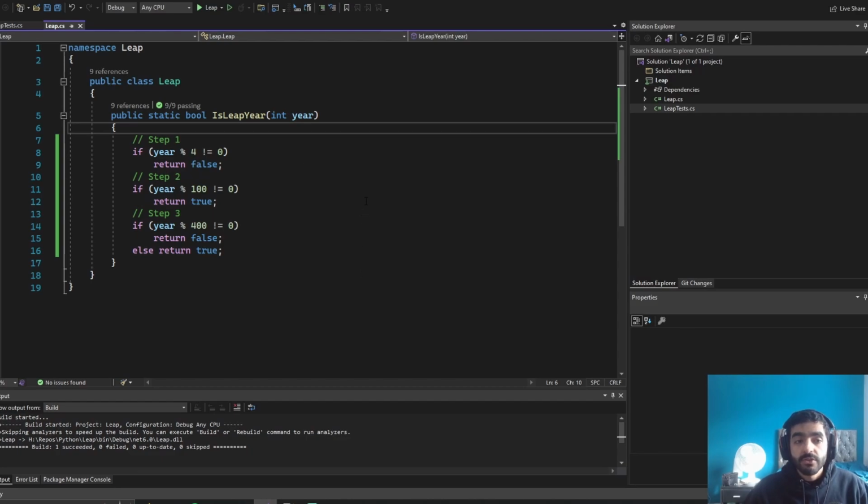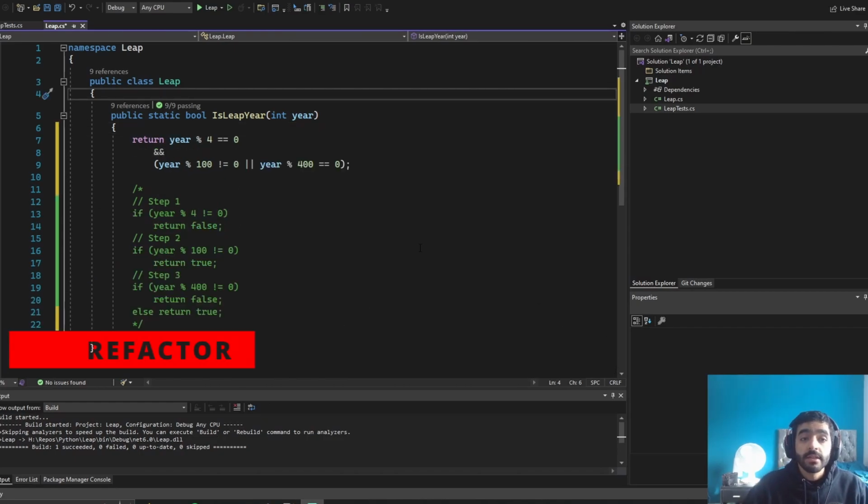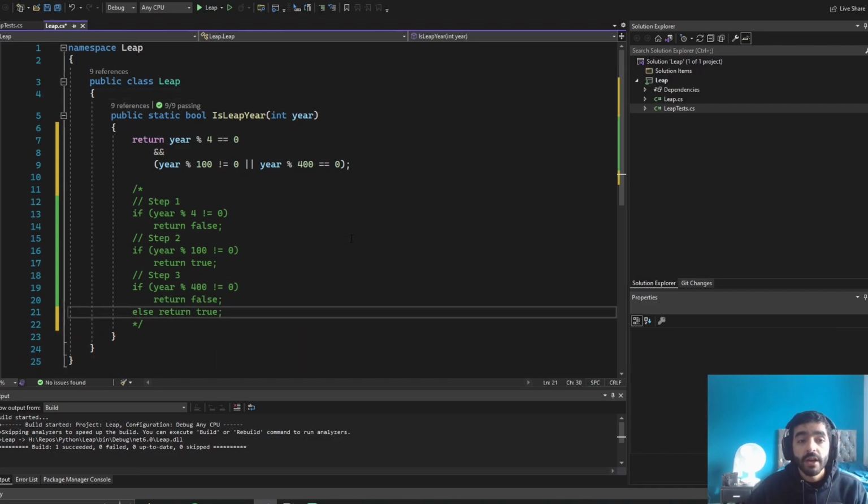If you want to refactor it, please pause the video now and refactor it yourself, and then you can compare with my refactored solution. Hello again, this is how I refactored my initial solution. And the way I've refactored it is, instead of checking to see if the year is evenly divisible by 4, 100 or 400, and moving on,